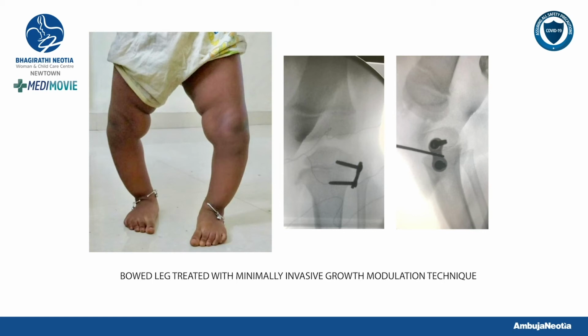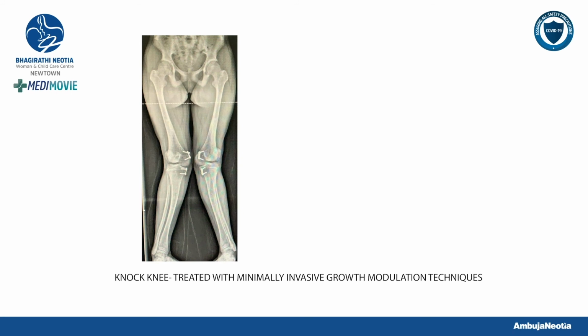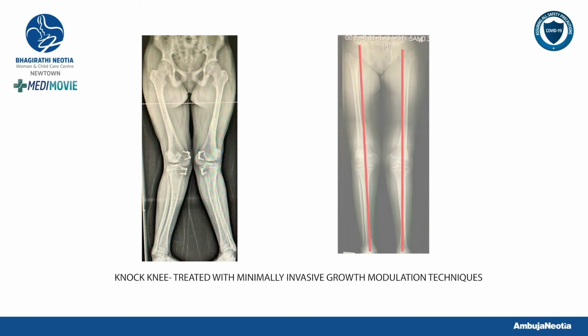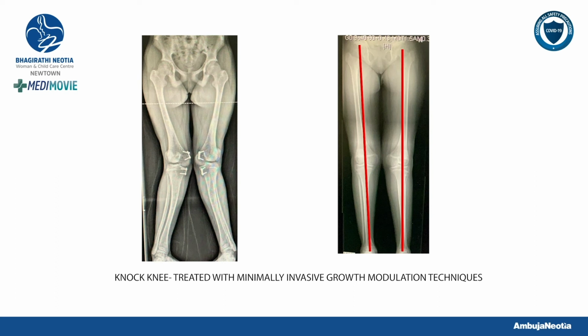From 1.5 years to 3 to 4 years, there will be excessive valgus, that is, outside bending of the leg. And after 4 years, till the age of 9 years, the valgus will decrease and become normal valgus till the age of 9 to 10 years. So an excessive deformity requires evaluation after 2 years of age. This is genu valgum, or knock knee, where the leg is deviated outside. We have used the advanced technique known as growth modulation, and you can see both the legs are straight.